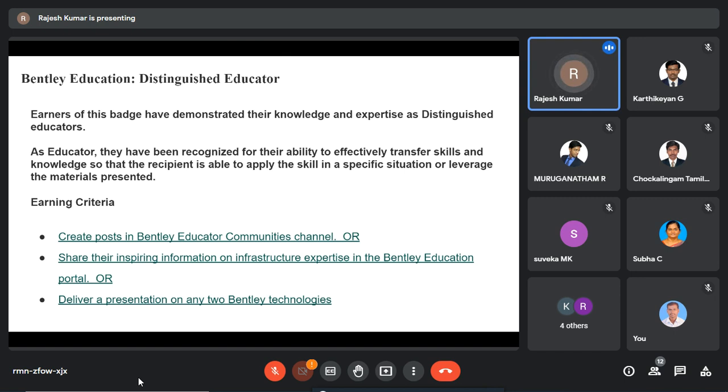Now, the earning criteria is, as I told you, if you want it as a professional certificate, then whatever process is available for students you have to follow, or if you want it as an educator, then just like you have to record all your paper presentations, you have to submit your projects, you have to teach and do a lot more activities related to Bentley software inside your institution and record it. Record it means not a full video, at least a snapshot or photograph. And then a recommendation letter from the head of the department.